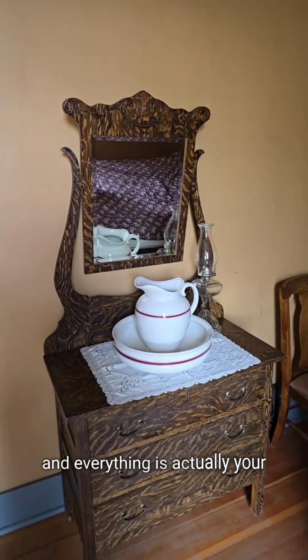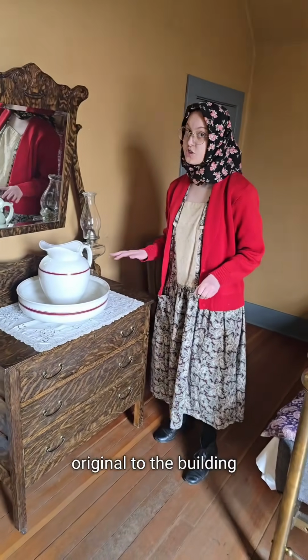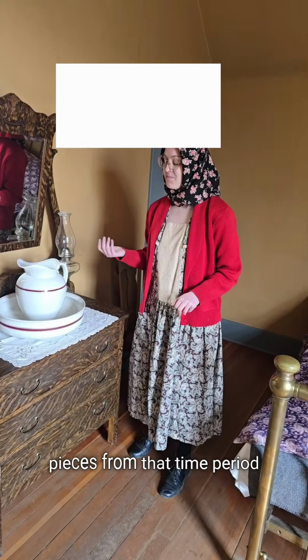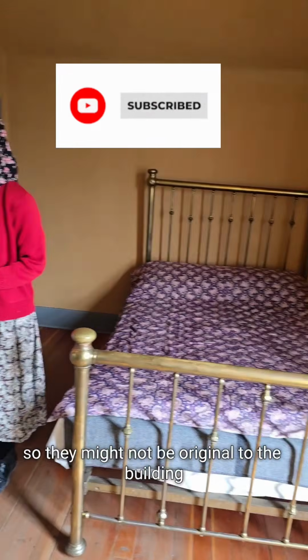And everything is actually original to the building, like they are the actual furniture that Fred himself owned, or they're pieces from that time period. So they might not be original to the building, but they are from